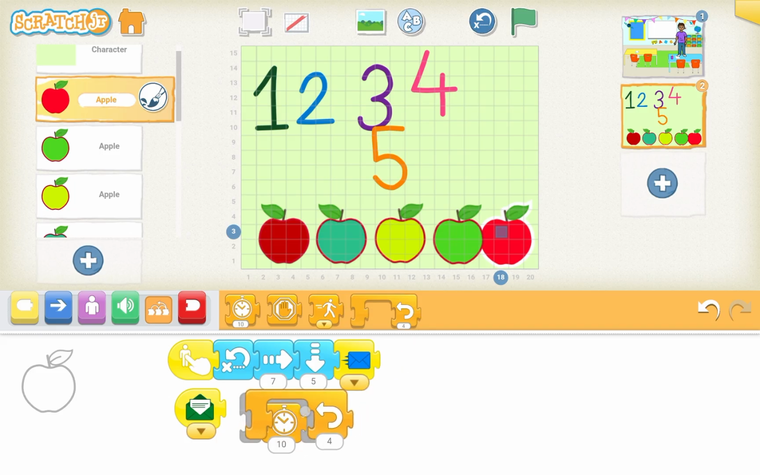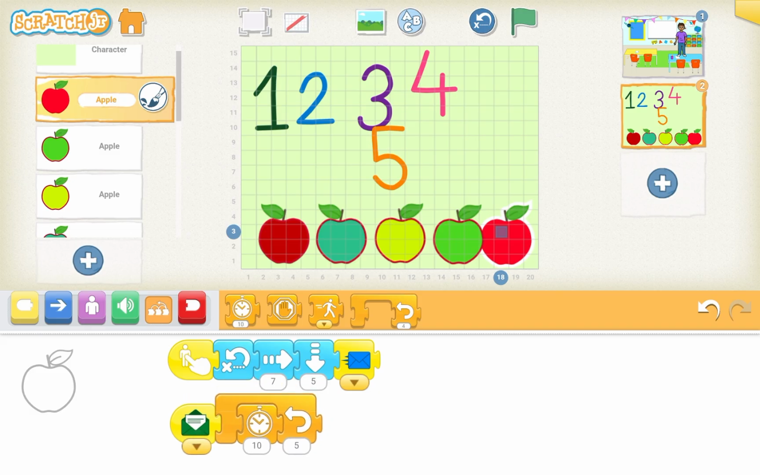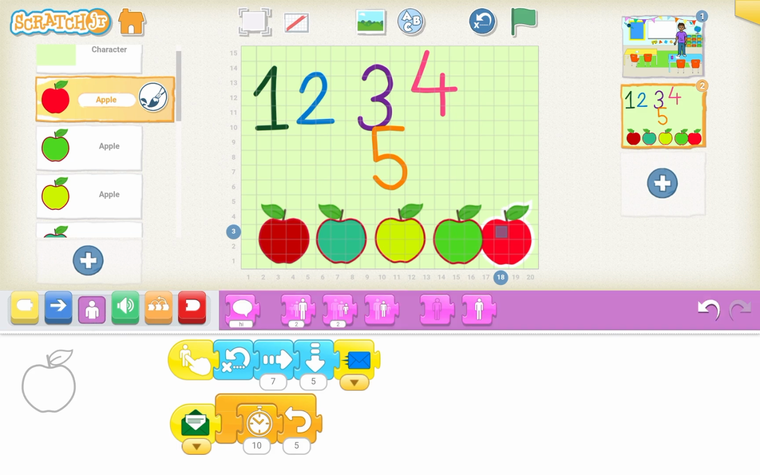Once the fourth apple sends the envelope, the fifth apple has to know now I have to start waiting. It does not start waiting when you click the green flag. It starts waiting when the previous apple tells it to start waiting. So waiting starts with the previous apple's connection, and then when it's done waiting, it has to appear on the